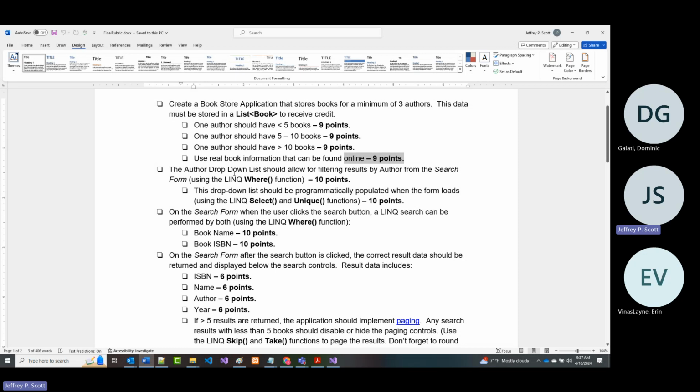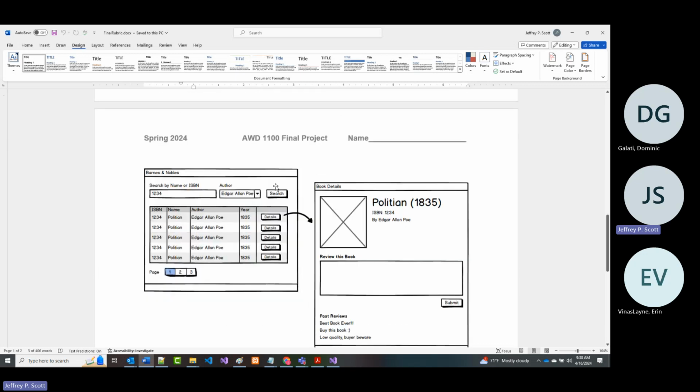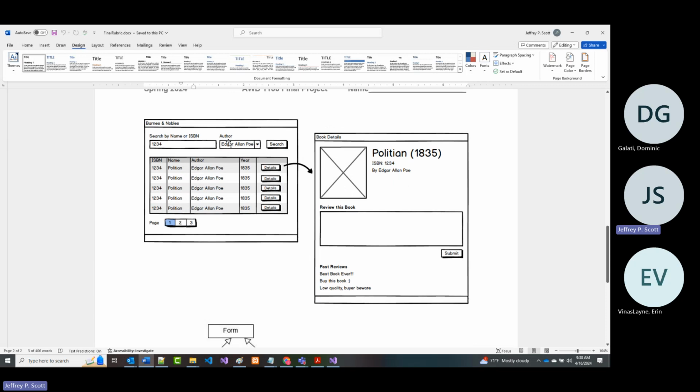Now, the author drop-down list should allow for filtering the results by author. Use the LINQ where function. Well, what does that mean? There's an author drop-down right here. That's saying to me that it should be populated using the where function. So if I click Edgar Allan Poe, then in here, it should fill up the books for Edgar